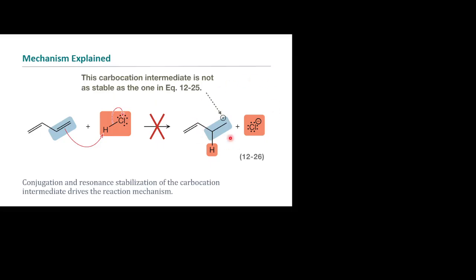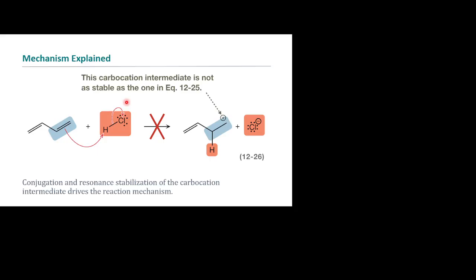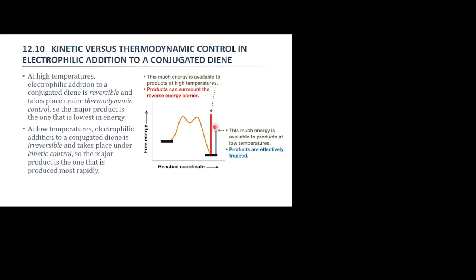Okay. No. There are carbocations. Again, that conjugation, resonance stabilization of the carbocation intermediate is going to drive your reaction mechanism. So remember, your Markovnikov product would have been the most stable in the first place, because this would be more stable, right? And so that's going to be the majority of it anyways. Can you get some of the anti-Markovnikov? Maybe a little, okay? But it's going to be very, very low because you have this nice resonance structure you're competing against, okay? This is going to be favored tremendously.